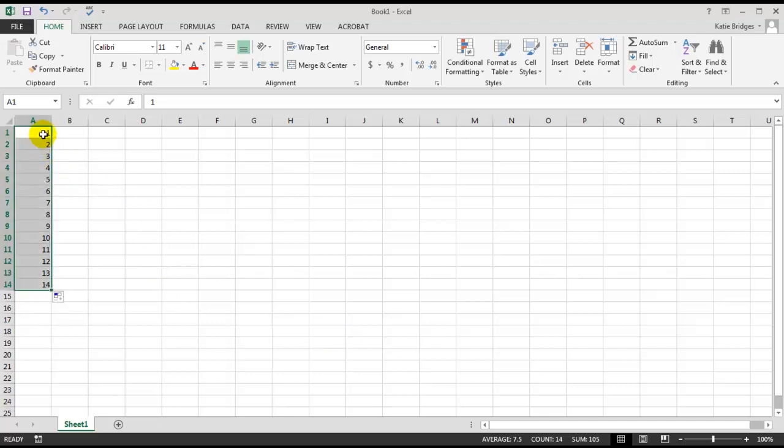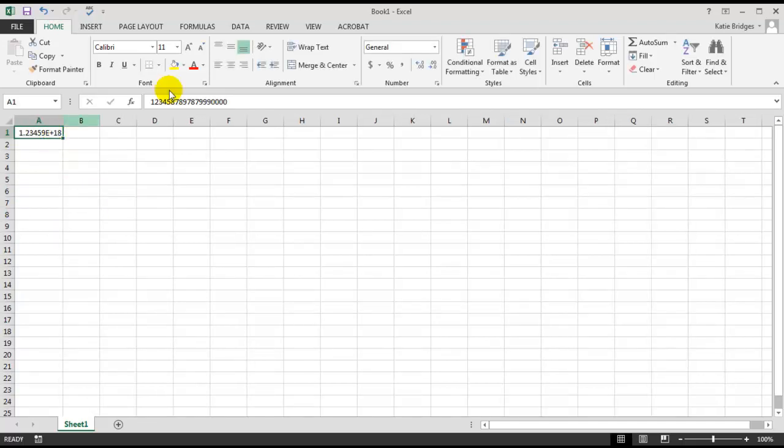Okay, so let's clear out that information there, and let's talk about sizing. Your pointer will also allow you to size the cell. A lot of times data in your cell is going to be too big and it's not going to fit, so it's going to look something like this right here. As you can see, as I'm typing in the information, it just keeps going on. But when you click outside the cell,